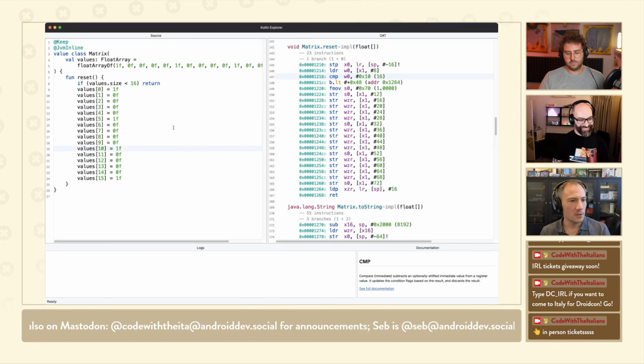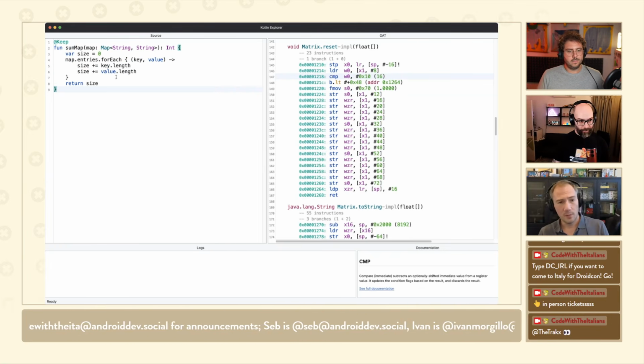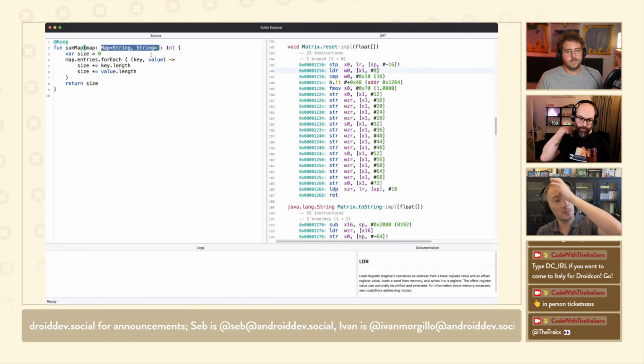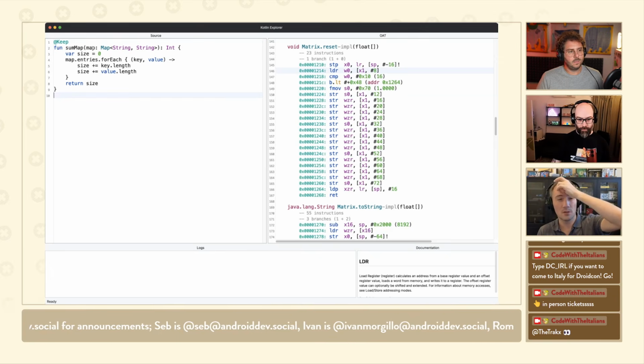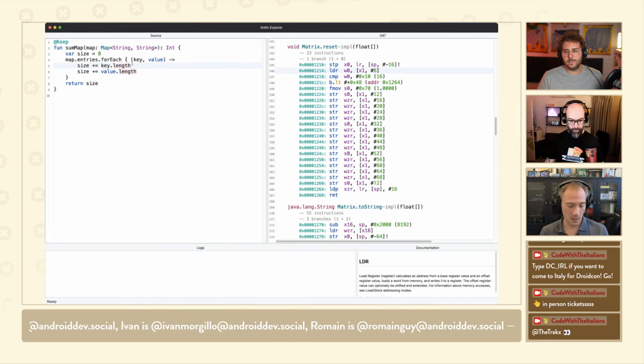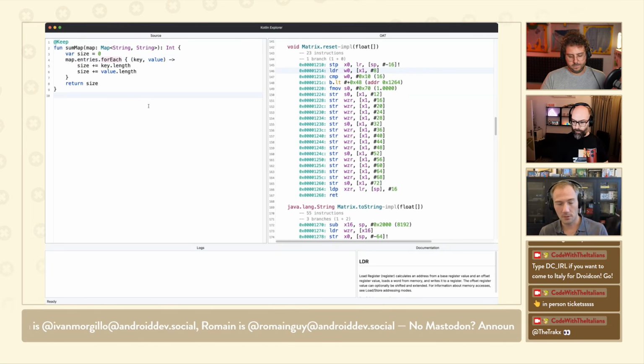All right, so if we go higher level, here's another one that's interesting: collections. Java and Kotlin come with a lot of very powerful collection classes. A very popular one is map. So here I wrote a very simple function. It takes a map, we're just going to iterate over the entries, and it's really stupid, but it's going to return the sum of the length of the key and values as strings. It doesn't matter. All we're trying to do here is iterate over all the entries to see what happens. This is something that we had to do in a lot of places in Compose, especially in the Compose runtime. We use hash maps a lot.